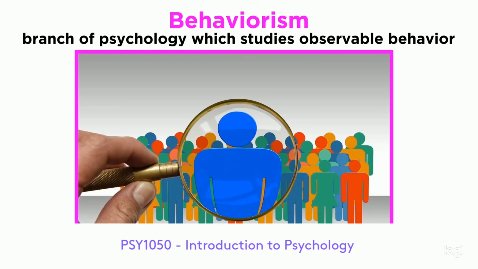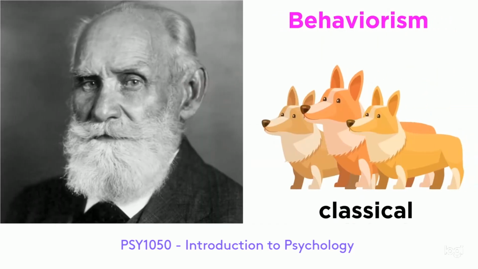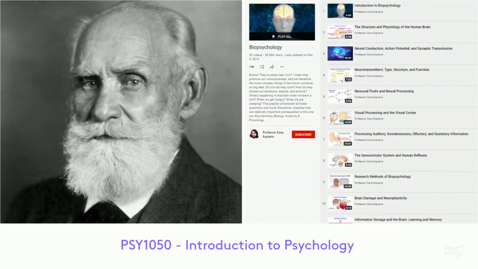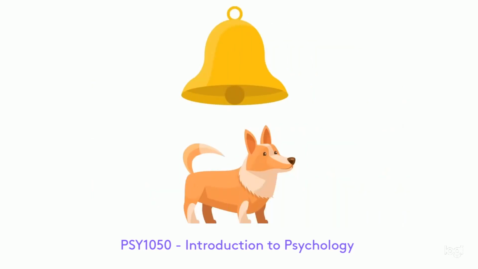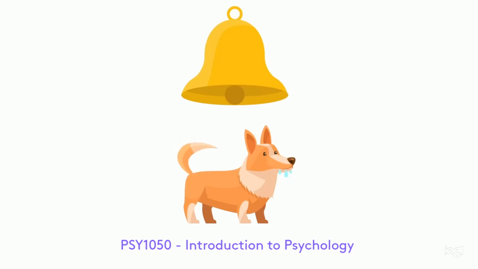One of the earliest behaviorists was Ivan Pavlov, the physiologist who studied classical conditioning in dogs. This is something we talked about while discussing learning and memory in the biopsychology series. As we recall, he studied dogs who learned by repetition to associate a ringing bell with mealtime and would eventually salivate when they simply heard a bell in anticipation of the associated meal.